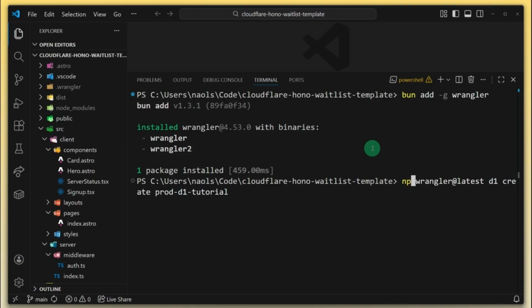So I no longer need npx because I have Wrangler installed globally, and I don't need Wrangler at latest because it's installed. So what I just need is Wrangler D1 create, and then this prod D1 tutorial is the name of the database. So I'm going to delete that name and we're going to name it something else. We're going to have separate staging and production databases, so it makes sense to call this, for me, Dojo Staging DB. And Dojo because this waitlist idea is around JavaScript Dojo for me. So now if I click enter,